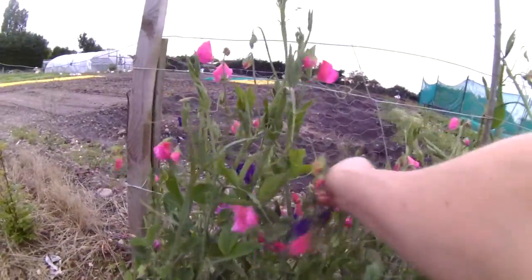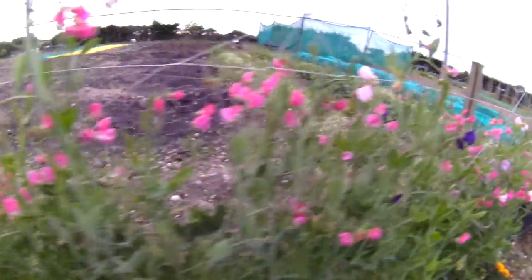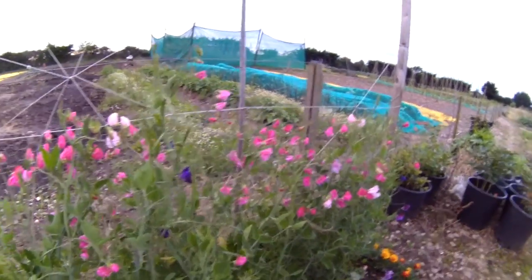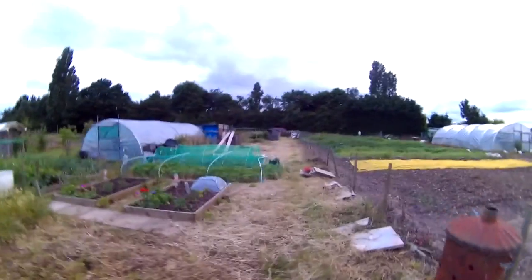So I just keep shoving them around so they can start attaching to things. I keep pointing them in the right direction, and then they are just taking care of themselves. So I will be picking another bunch of these tomorrow. They make the house smell beautiful. So last thing, as I start moving back up towards the car,